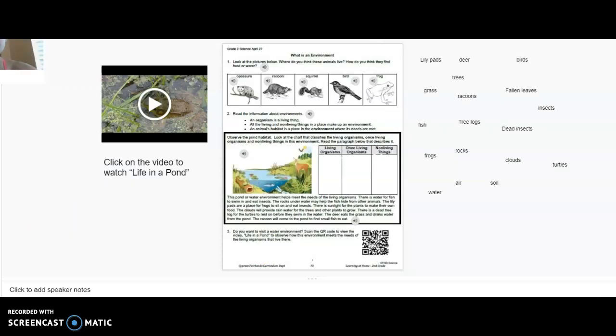The third page in this assignment would be a science page. Again, let me remind you why I want you to do your assignment on Google Classroom. On the left side and on the right side, we have things that can help you get this assignment completed. First thing I want you to do on this page is to click on this video. Watch the video. After you watch the video, I need you to read number 1, then read number 2,